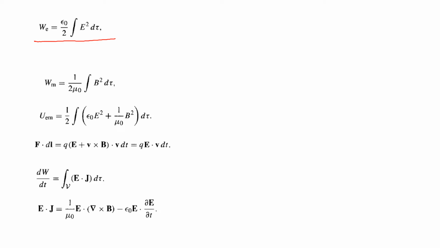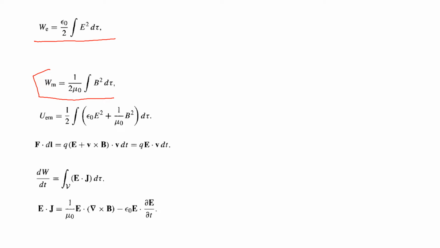We learned this in the electrostatic sessions, that the work required to assemble a static charge distribution is half epsilon 0 times the integral of E square d tau. Similarly, in the case of magnetostatics, or magnetic field, there is the work required to get currents going against the back EMF, that is, in the case of an inductor. So the total work required to get currents going is given by Wm equal to half times 1 by mu 0 times the integral of B square d tau.